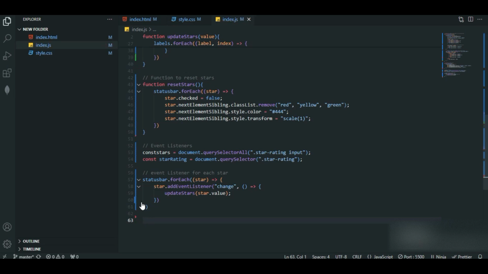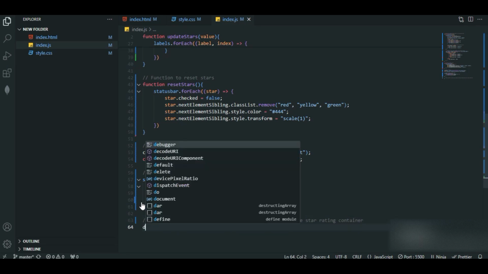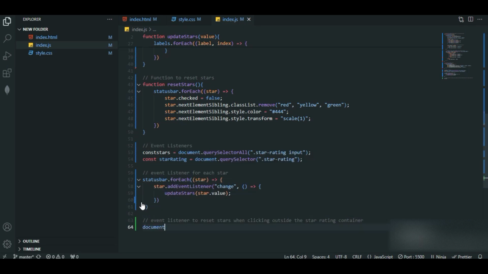So I'll comment this one and write event listener to reset stars when clicking outside the star rating container. So I'll make use of document